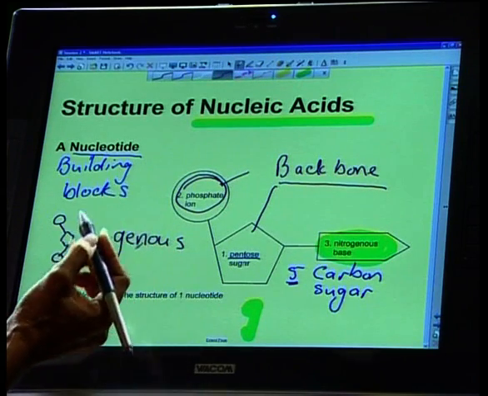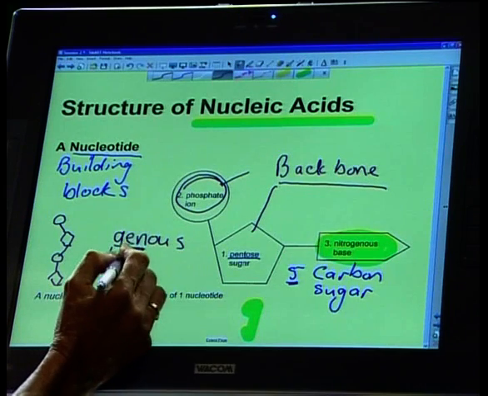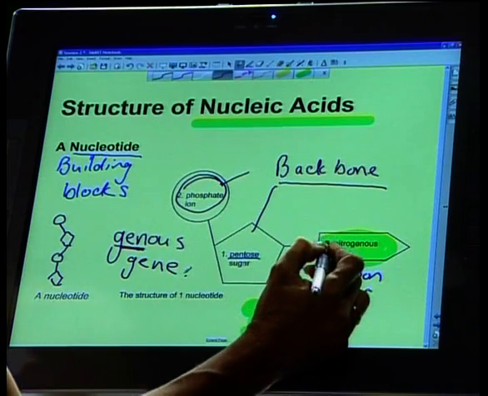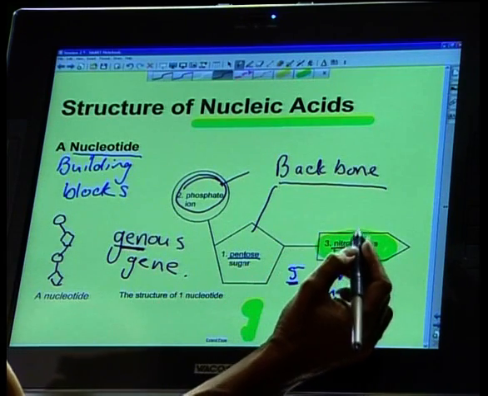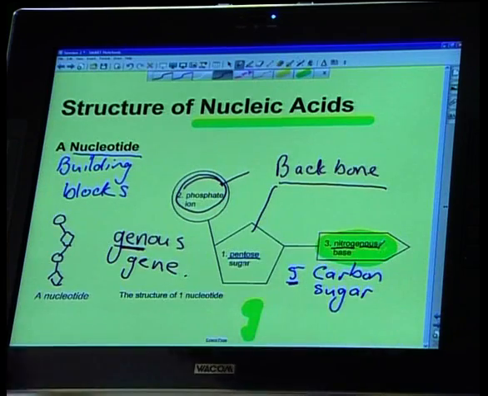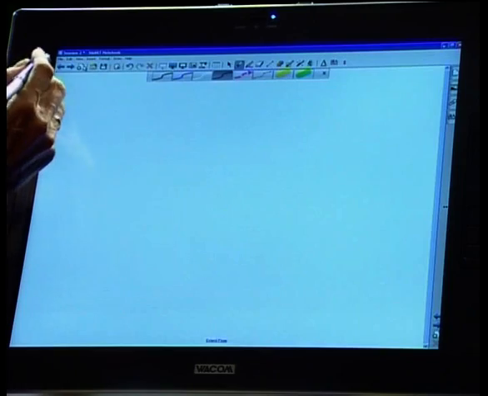Genus, where do you think this comes from? It originates from the word gene. So it's telling you it contains nitrogen, it's a protein. Genus, it's what makes the genes, and your genes sit there. Okay. Lovely. Now this is a nucleotide, and what we have then is a whole bunch of nucleotides